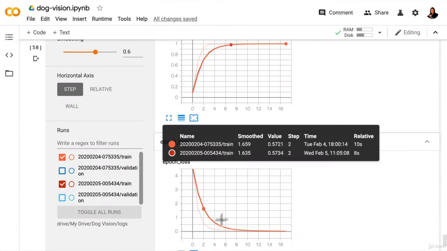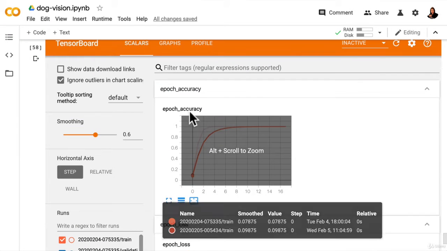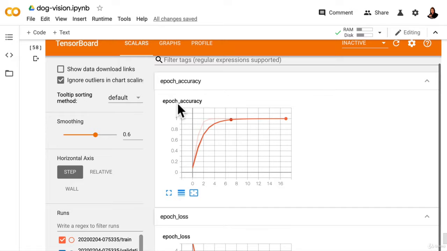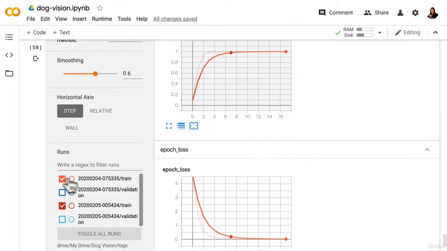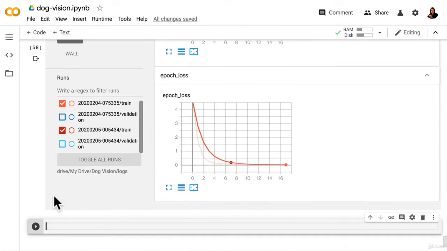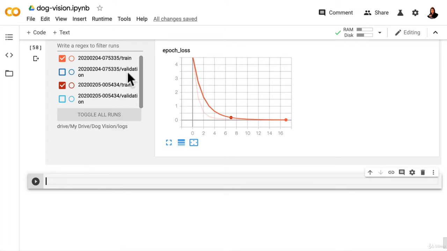So we've seen how we can evaluate our model's performance, or at least initial performance, on something like epoch accuracy and epoch loss, and see how we can track different experiments. But this is just on the model's training and validation sets. And it's only really on what the model has learned in the data set. Another really good way to evaluate what our model has learned is to use it for what we're